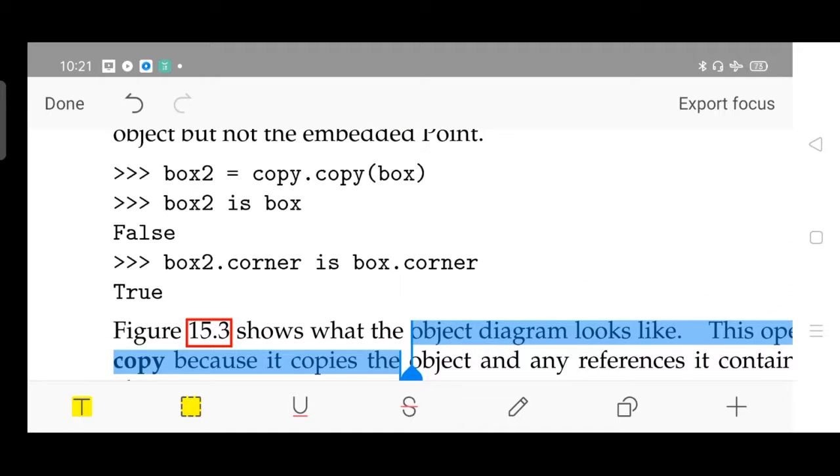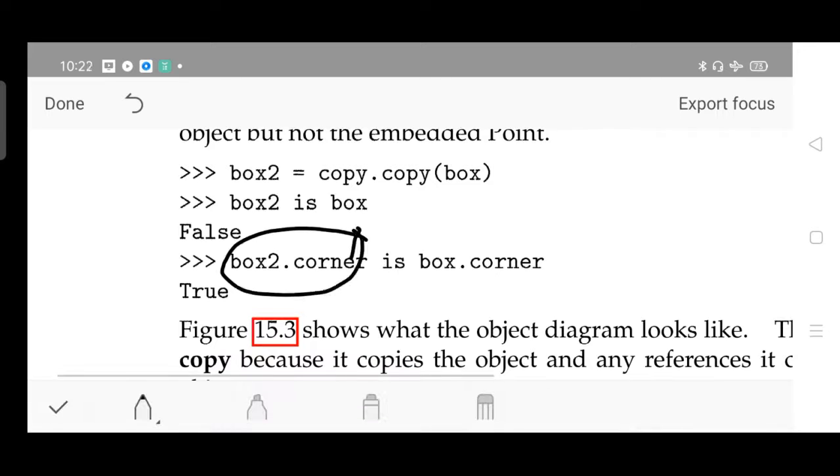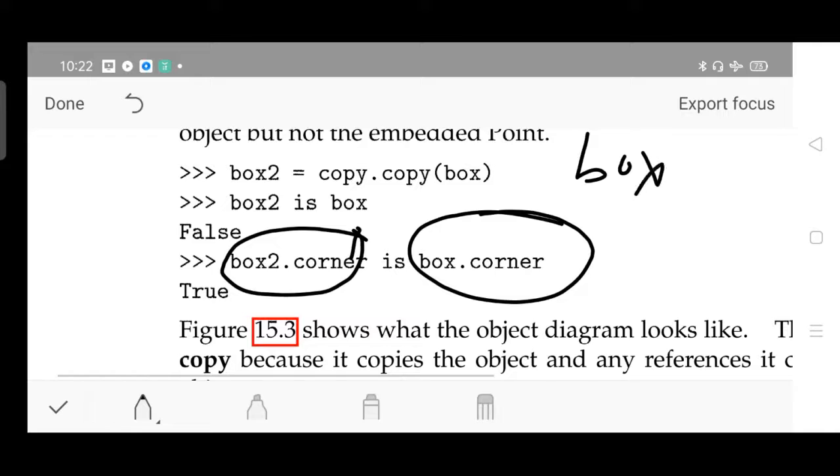And whenever you are comparing the values, how are values compared? If box 2 dot x is the same as box 1 dot x, then the result will show as true only. Why? It is true because you are comparing the values.